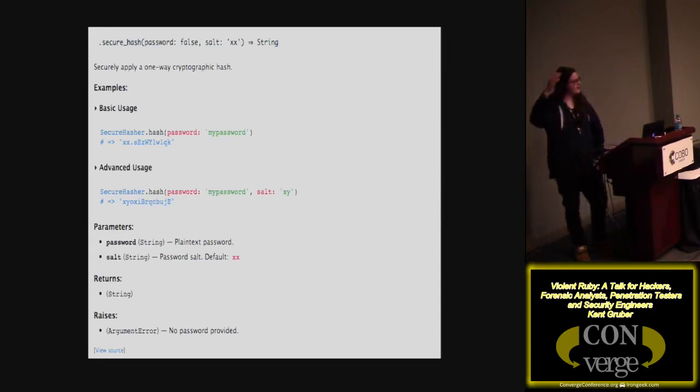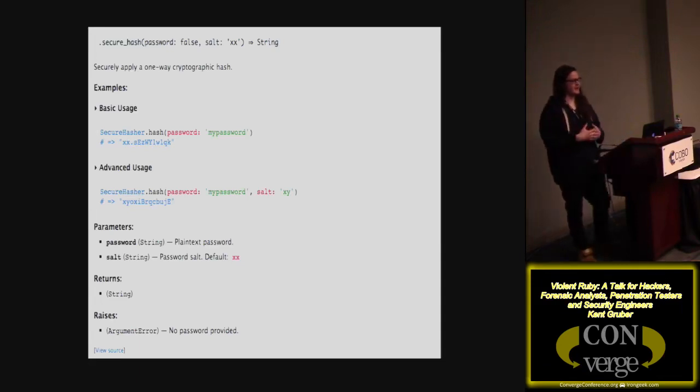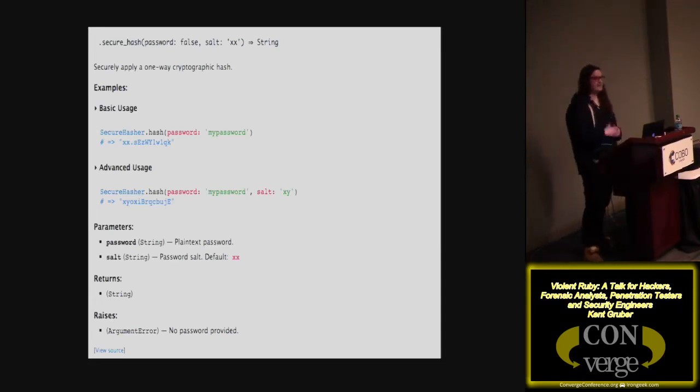And then when I had all that documentation at the top, which I really like, it is generated for me when I run rdoc or when I push it up to RubyGems. So when you look at that, you can see what the basic usage is. How do I use this thing? Because a lot of the time I run across libraries. I download libraries all the time, and I want to do something with them. There's so many times that I have no idea how it wants me to do it.